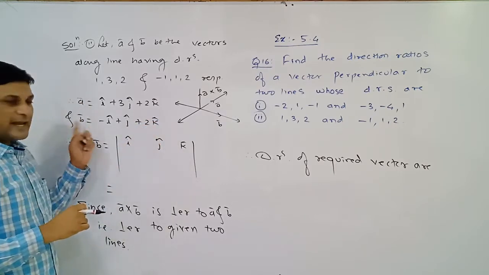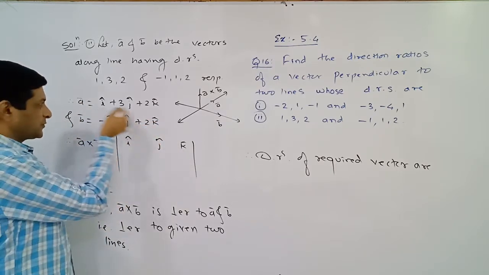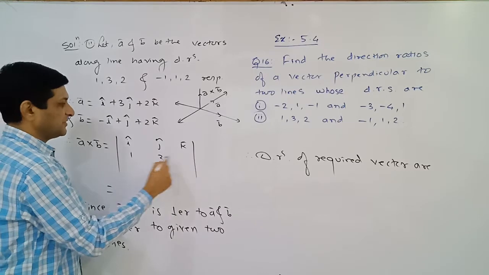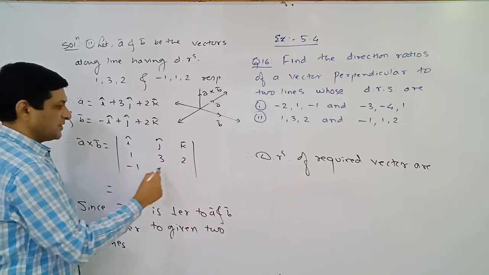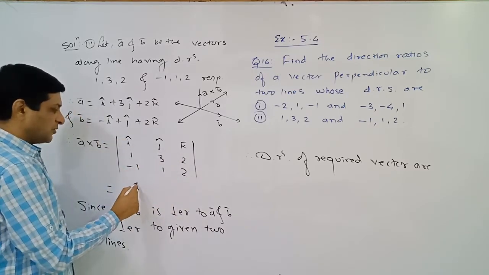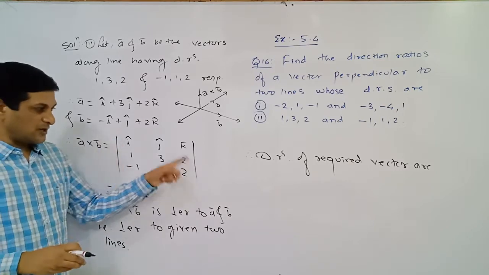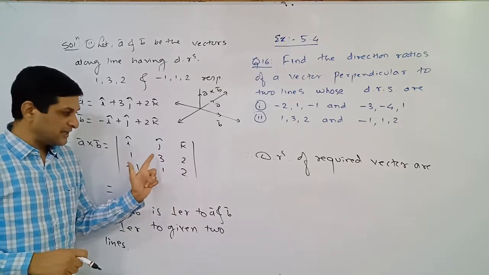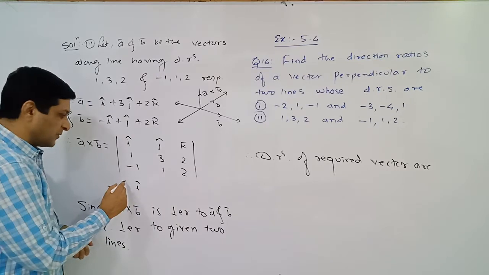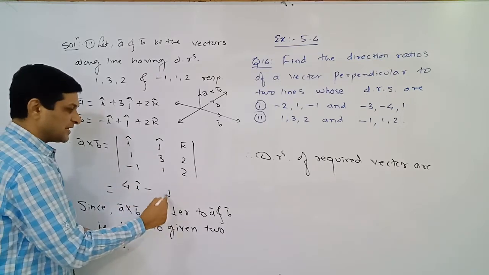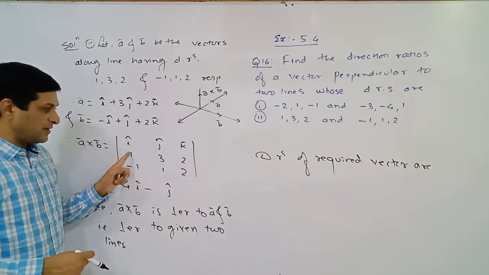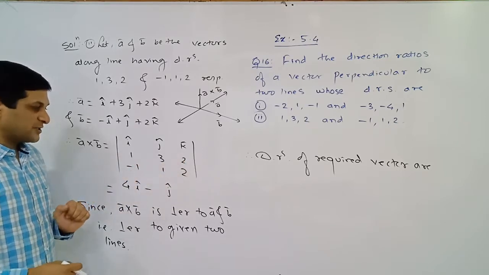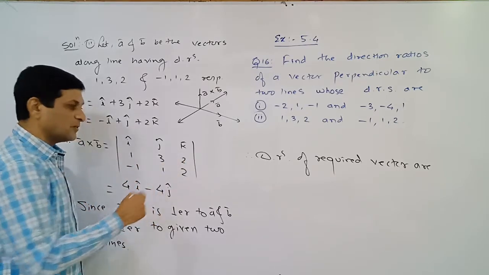Once the values of A bar and B bar are known to us, find out their cross product. Here the coefficients are 1, 3, 2 and here -1, 1, 2. Now we are finding the coefficient of i cap. So delete this column, find the determinant of these four elements. So 6 minus 2 will be equal to 4, plus j is there. So take here minus j cap, delete this column. 2 minus minus means plus 2. 2 plus 2 will be equal to 4.